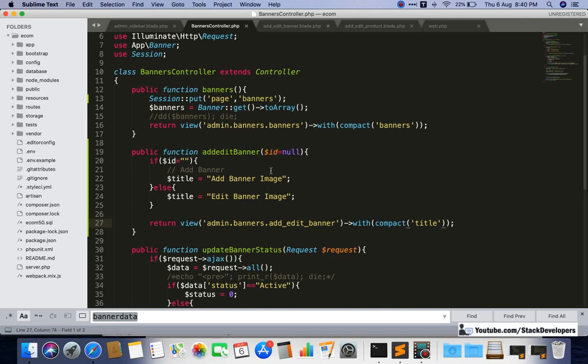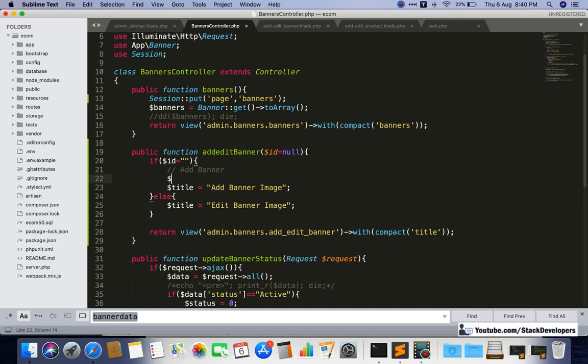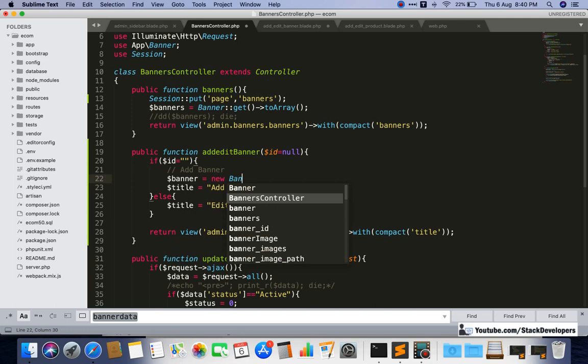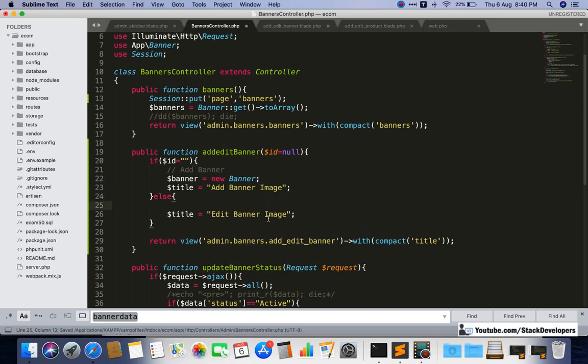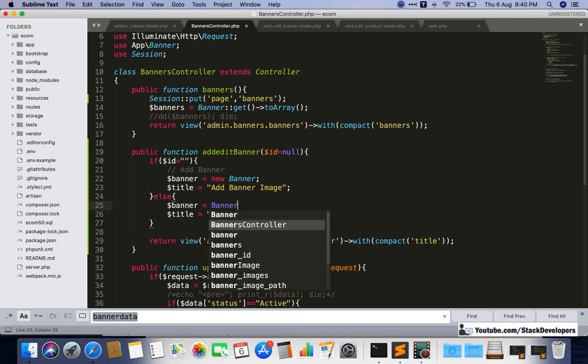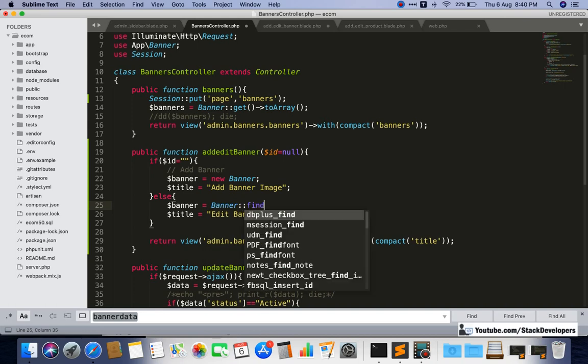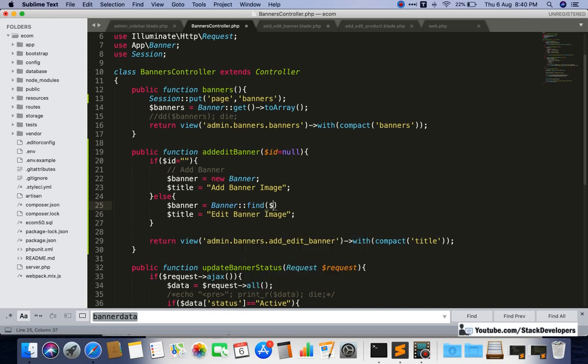See, if we are going to add the new banner, then here we can take like $banner = new Banner, same like we have done for the products. And if we want to update the banner, then we need to do like $banner, and from the Banner model we will just find that id and match it here like this.